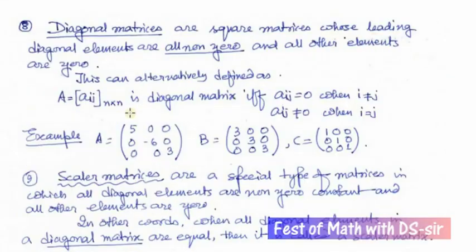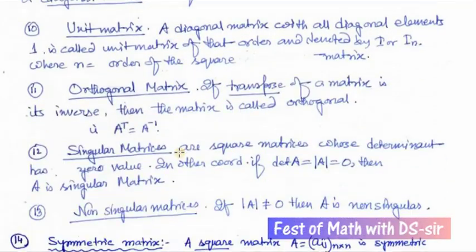If the determinant is zero, then this is singular. Otherwise, it is non-singular. So, to check whether a matrix is singular or non-singular, first you have to check whether the matrix is square or not. If it is non-square, rectangular, then your conclusion will be it is a rectangular matrix, so no corresponding determinant exists. So the question of singularity does not arise.